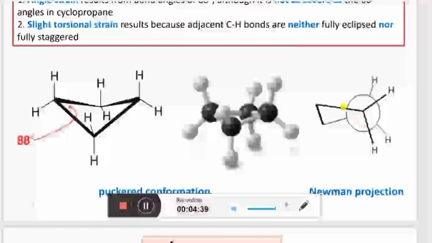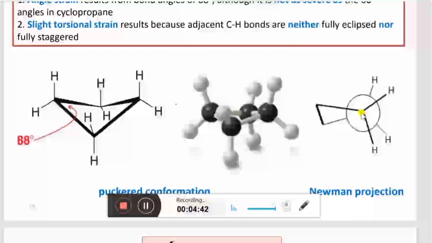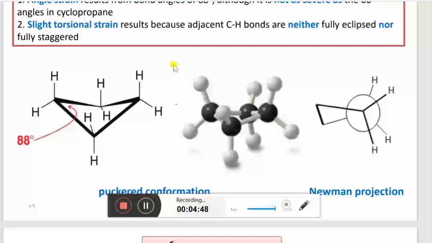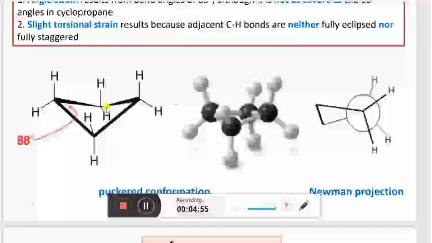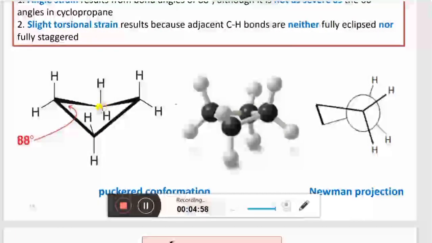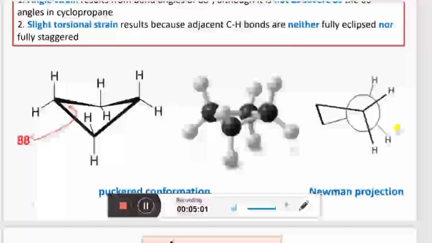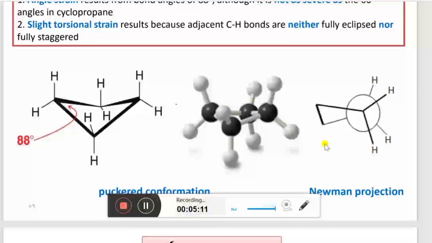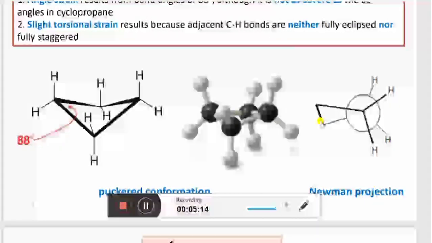Okay, so this is the Newman projection for that. You will see it from one end, because the Newman projection is the end view. You are looking at this molecule from here. You will see that the back carbon will be hidden by the front carbon. So you will see the front carbon as a whole this way, and the back carbon will be hidden by the front carbon and you will not see that, but only the hydrogens will be visible. So you can see in this way that only the back hydrogens are visible.